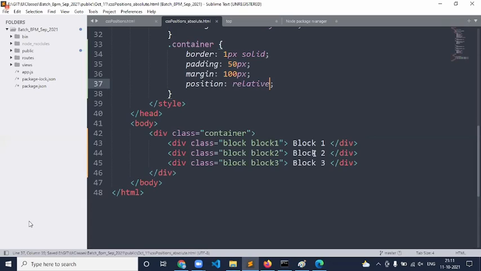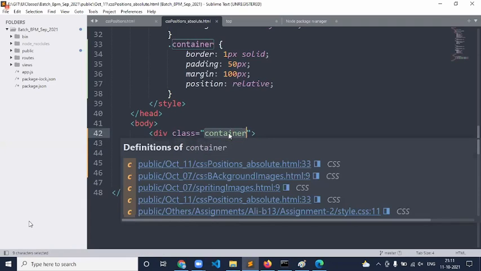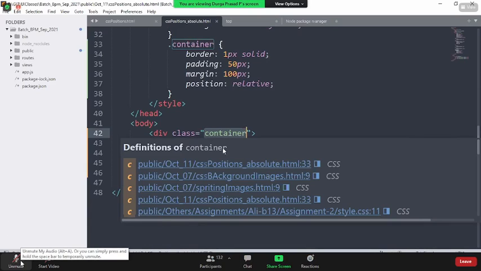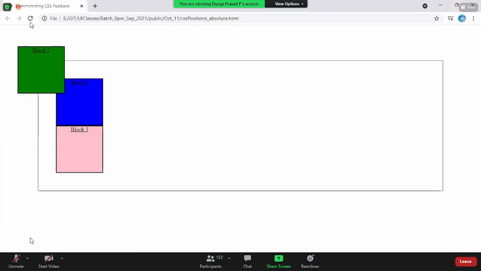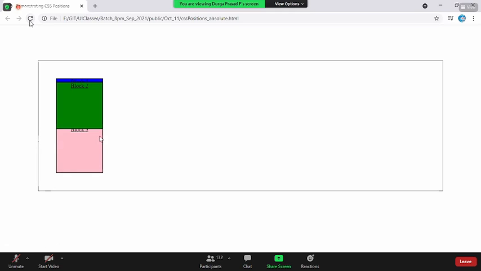Now, when I am non-static, you tell me block 2 has to depend on the container or the body tag. Container. Everyone agree? Now if you save this and come back to the browser and reload the page, from where am I taking the top and the left?